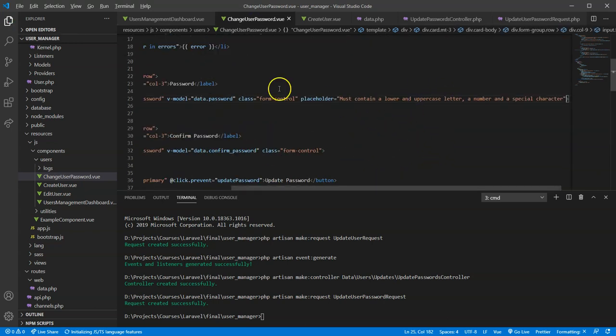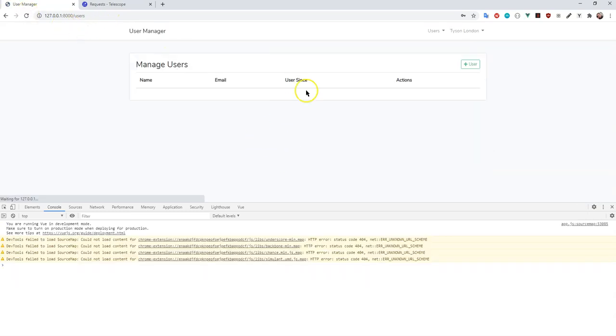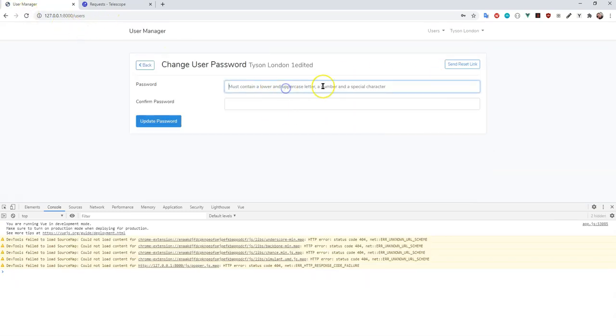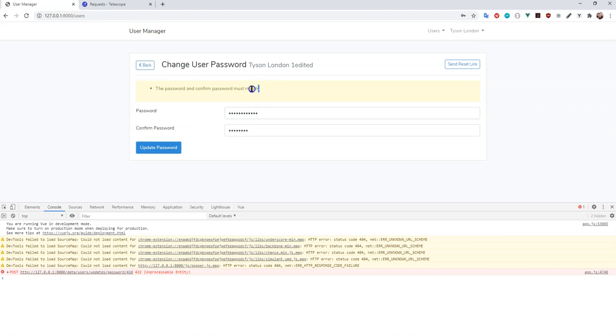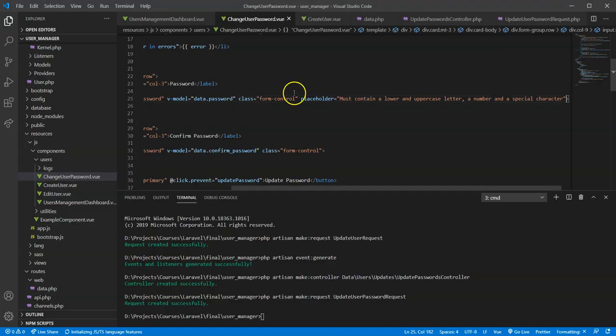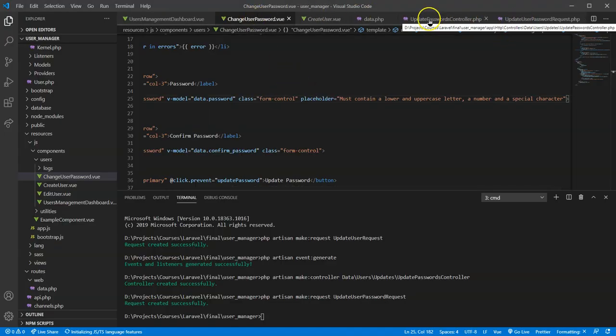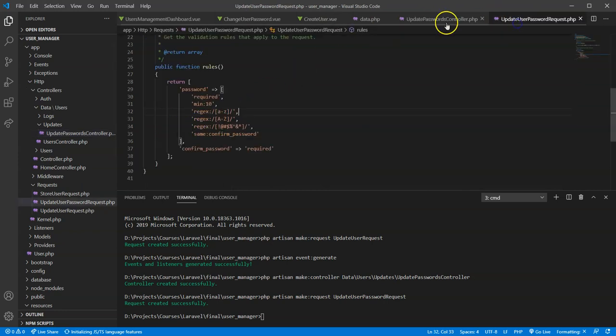Okay, let's do this again. I'm going to refresh. Let's put a valid password up top. So capital P password, the rest will be lowercase, 123 exclamation mark. And that one should pass. And then I'll just do password for the bottom here. The password and confirm password must match. Okay, that's great. One other thing that we want to test, and we'll go back to our update passwords controller,